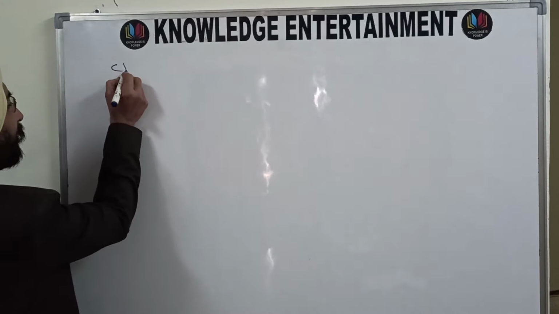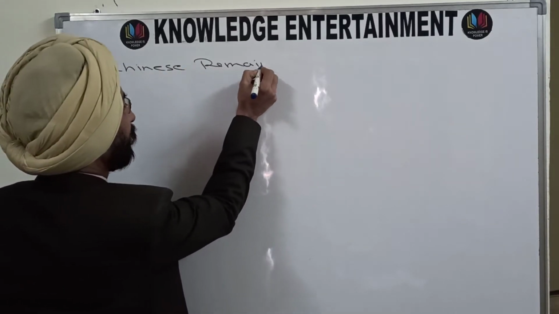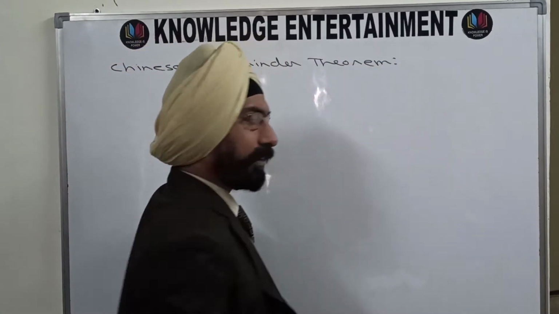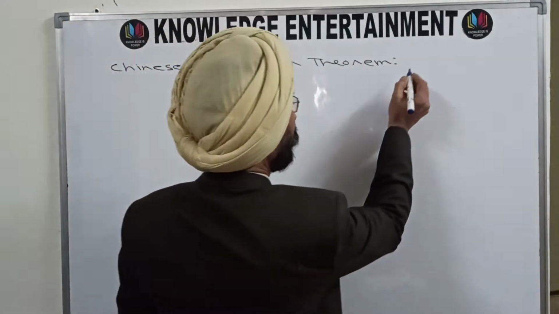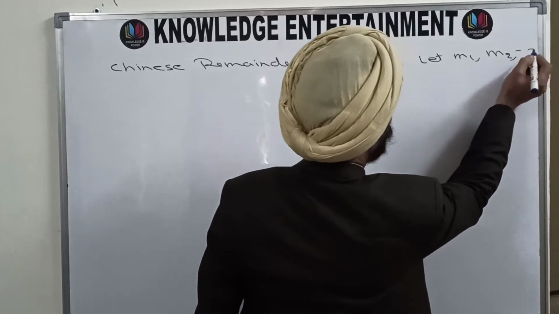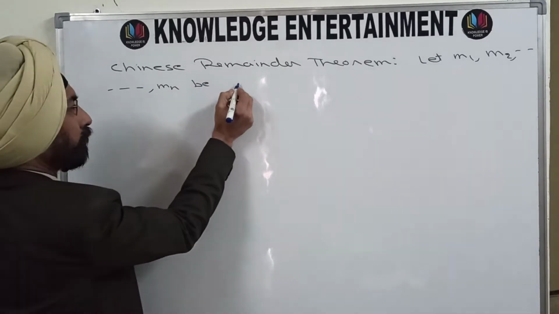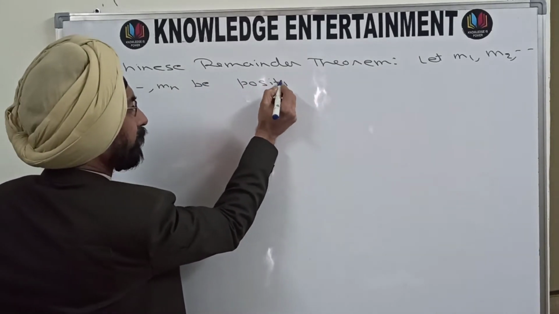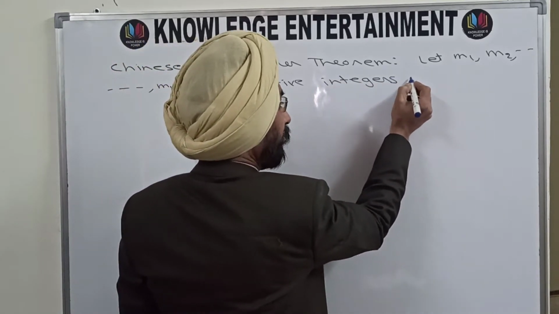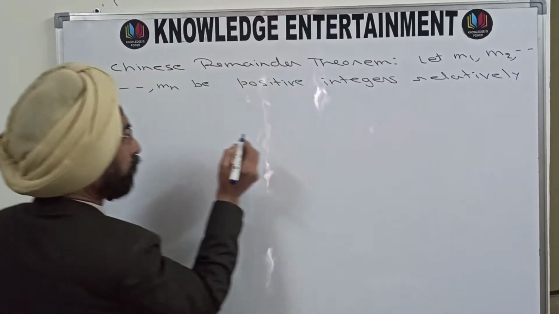So it is the Chinese remainder theorem. Let us see what it says, and then we'll give an example. The theorem says: let m1, m2 and so on, mn be positive integers relatively prime to each other, or you can say relatively prime in pairs,